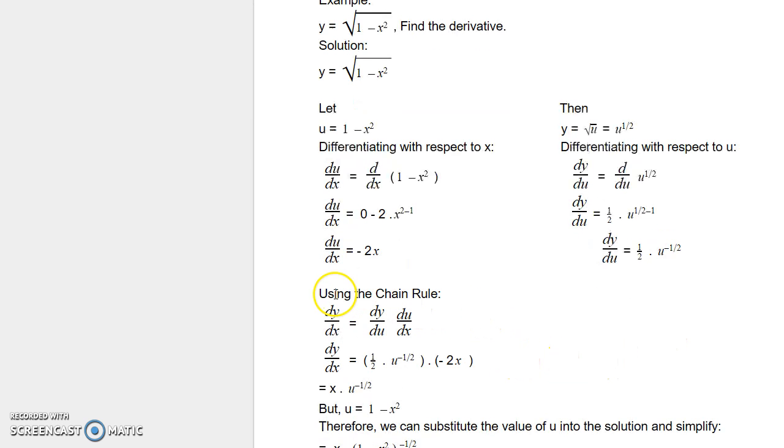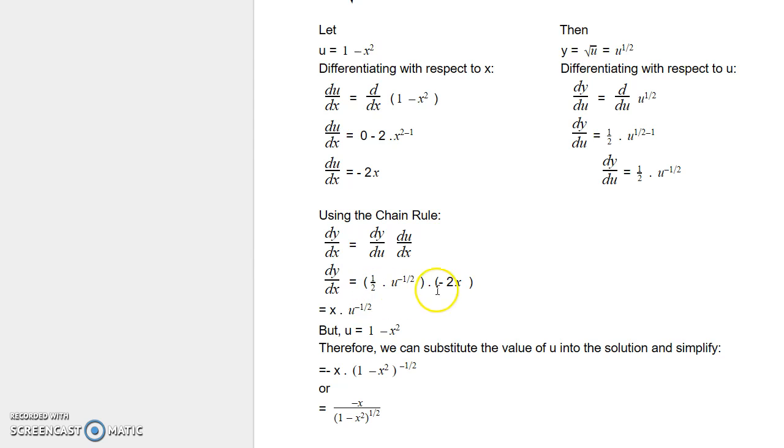So therefore now we can use the chain rule. We have the value of dy by du, and we also have the value of du by dx. The chain rule is stating dy by dx is equal to dy by du times du by dx. dy by du is 1/2 u to the power of minus 1/2. That's what we have here. And then du by dx is minus 2x, and that's what we have here. So when we simplify it, 1/2 times minus 2x will be equal to minus x times u to the power